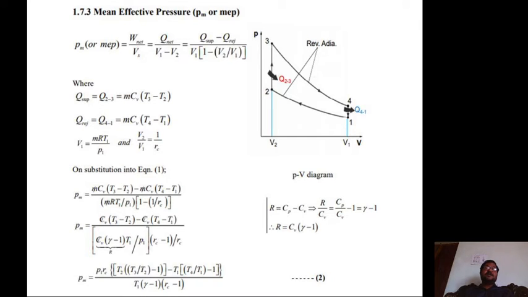here you are substituting all the things, you cancel this. M and M get cancelled, Cv gets cancelled. Okay, here M gets cancelled, so remaining is Cv(T3 minus T2) minus Cv(T4 minus T1) divided by MR, R is nothing but gamma minus 1, T1 by R, okay, into P1. RC minus 1 by RC.